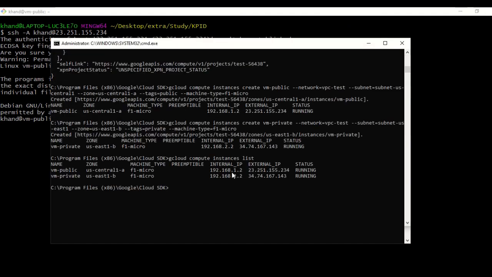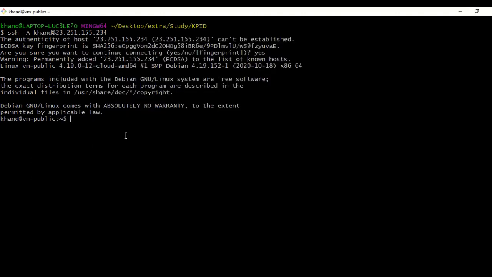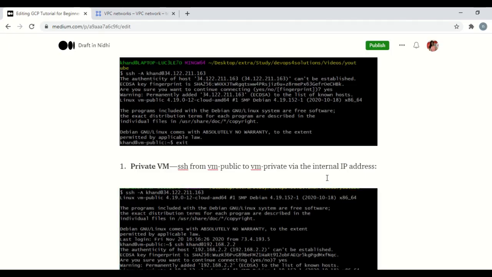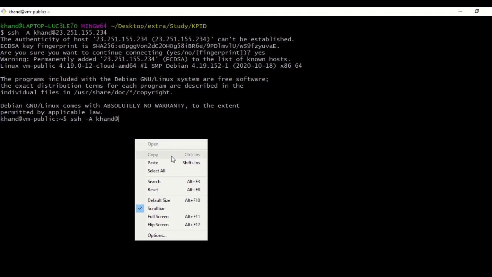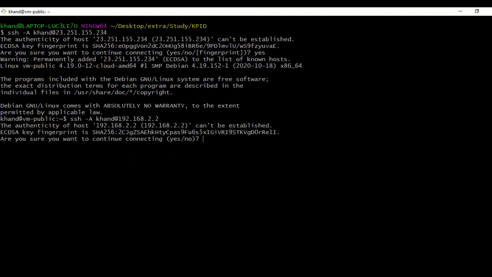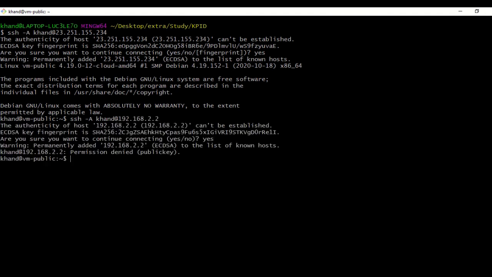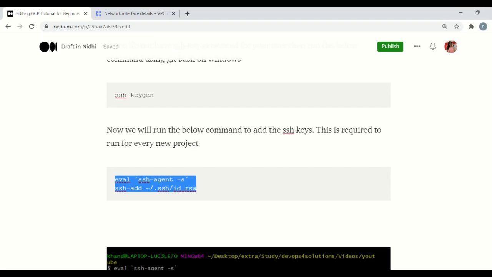So let's get the internal IP and SSH. SSH -A with the user at the IP. Okay, I am not able to log in here.